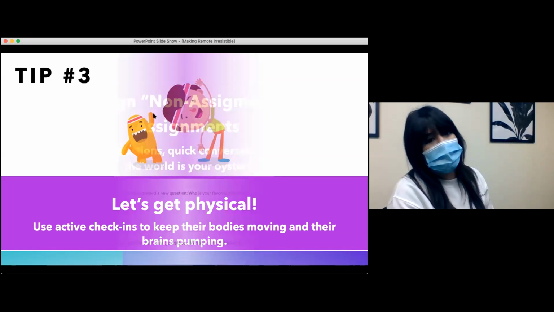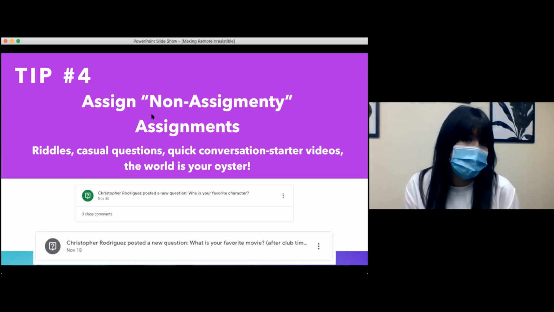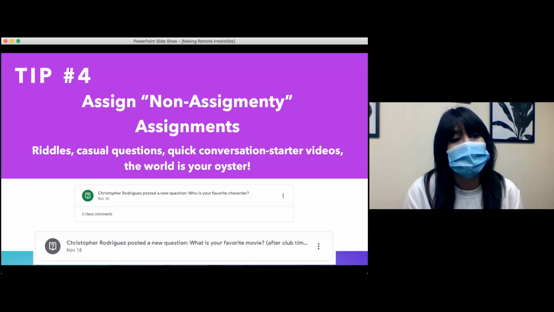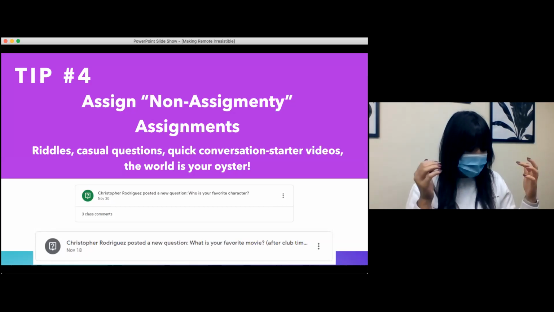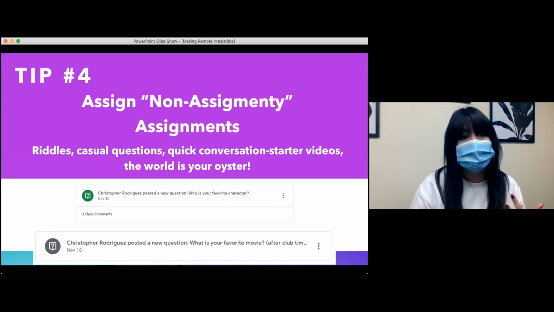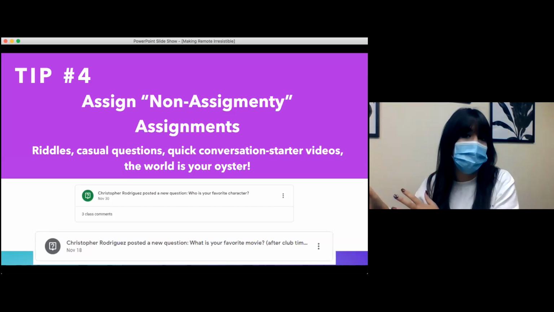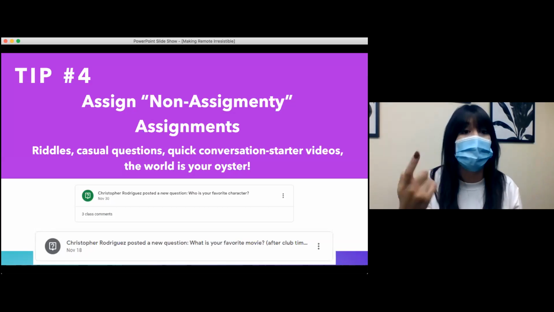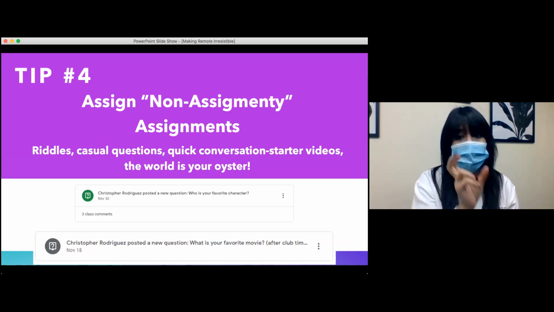So this last one I really like because it's non-assignment-y assignments. It's a way that we keep our students really engaged, and I've seen a lot of people do it in different ways. One of our trainers does a lot of riddles. They do activities, like things that will take them off the screen that they can do with their parents. And we have a lot of our trainers just talk back and forth when they're not on screen doing live